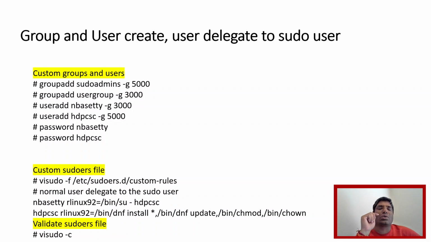Sudo admins is one group, user group is another group, which has unique identifiers. And I am going to have users created, and here I am assigning the direct group ID. Instead of group ID, you can use the user group name as well at creation time. And I'm resetting the password for, say, I am the normal user who is performing administrator activity. But for me, they create one user in that machine,